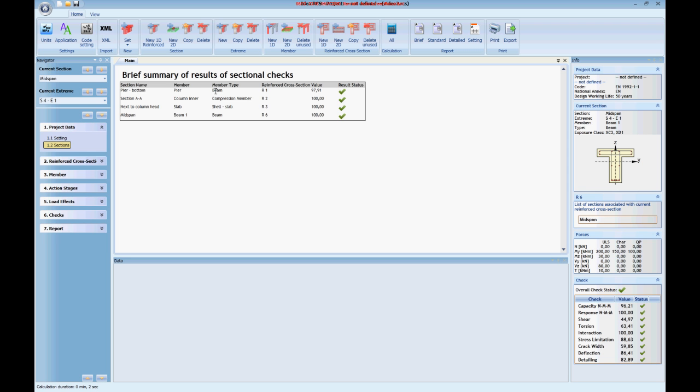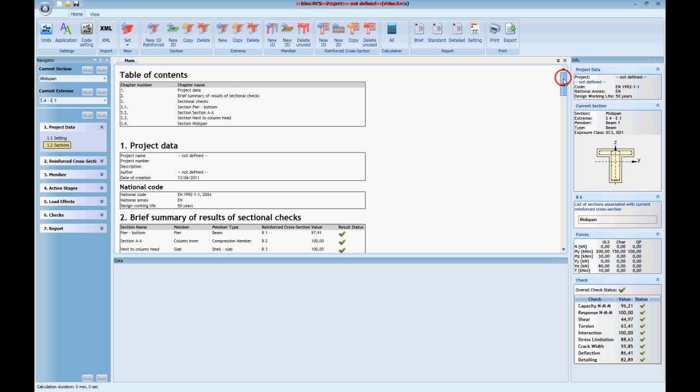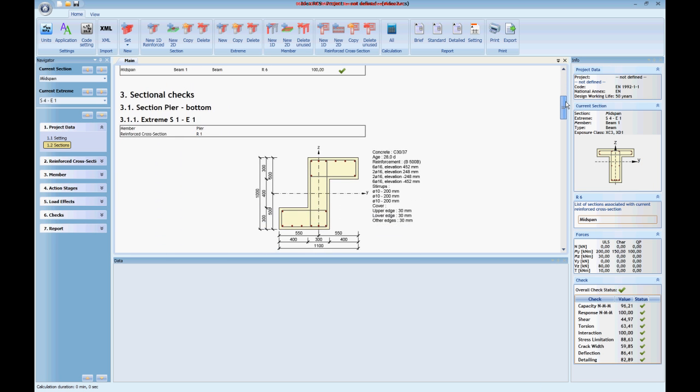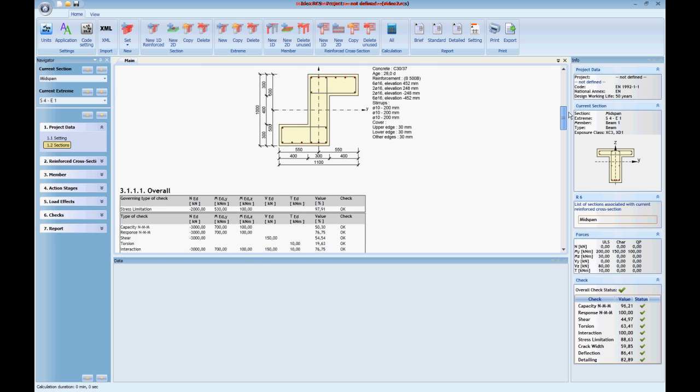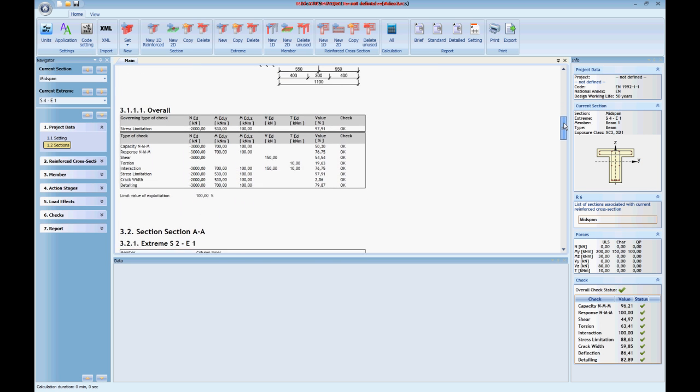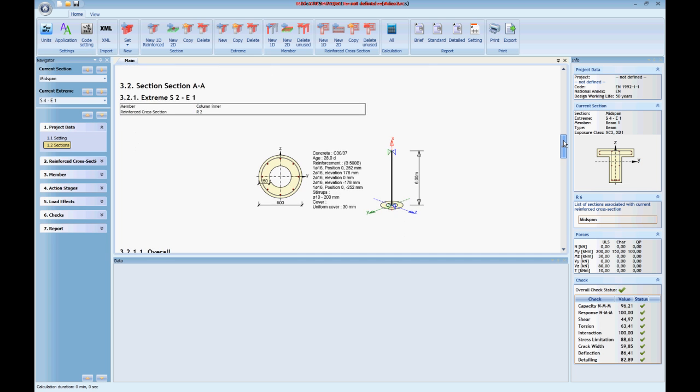For each section you get one row of the table. So for one structure you can get your output document in A4 format. Or if you want to have a standard document, then for each section and each extreme we have one A4 page